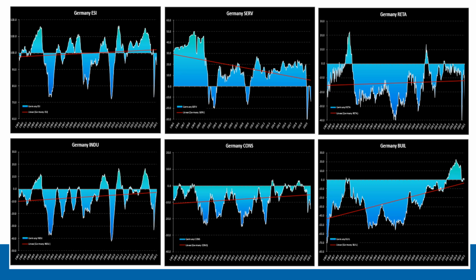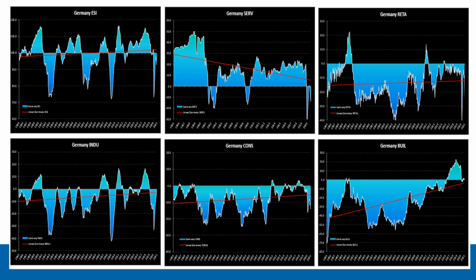Now, if we look at consumers in the bottom middle of the screen, German consumers, again, like the French, they're just always miserable. It's just a matter of how miserable they actually are. Apart from a few positive blips, German consumers are just generally always bearish on their own sentiment. So we only really take note of the long-term trend there and look at it from the perspective in France and Germany as a misery index. We know they're miserable all the time. It's just a question of how miserable they are.